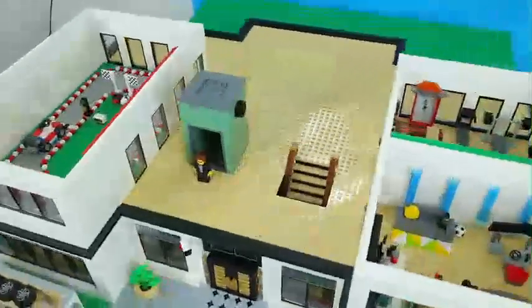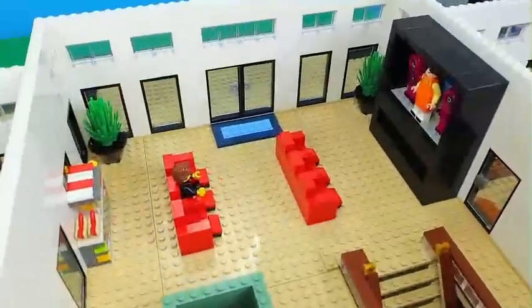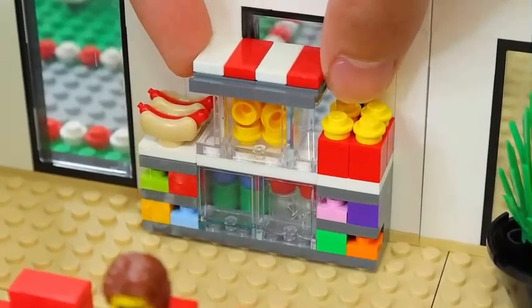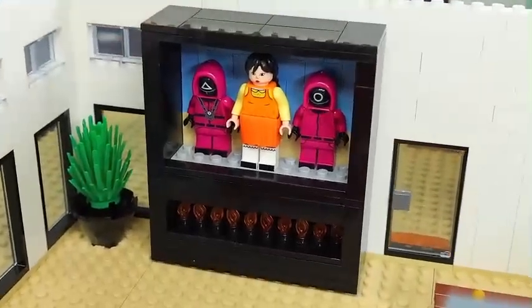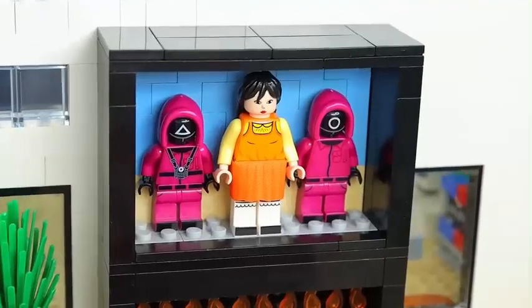Okay, something I wish I had in my house is an indoor movie theater, so I'm gonna build one with everything that a regular movie theater in the real world would have. Like, I added reclinable chairs, different drinks and snacks you can have while watching, including popcorn, and finally, I built this giant fireplace with a TV above it. But to make it realistic, I added a background with minifigs, that way it looks like something's actually playing.